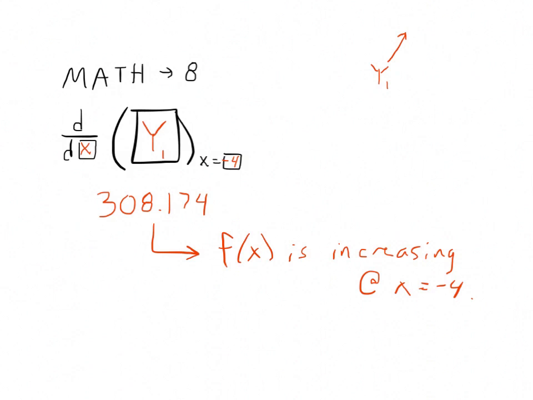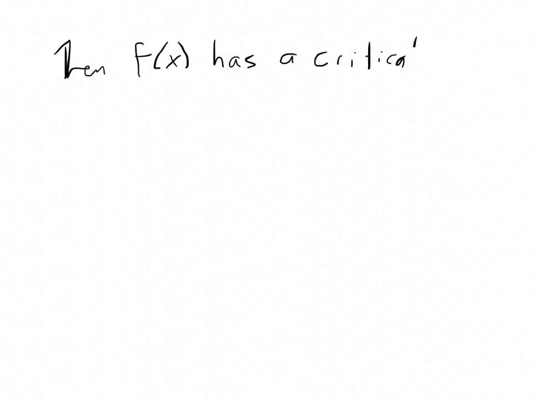Okay. I've got one more segment here to look at in our lesson. And that last segment is, so what happens if our derivative is 0 or undefined? What happens if when I plug in that value, it's not positive and it's not negative? And the short of it, I'm going to talk more about this in tomorrow's lesson, but the short of it is, if this happens, then our function f of x has a critical number